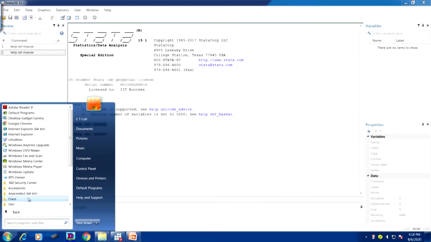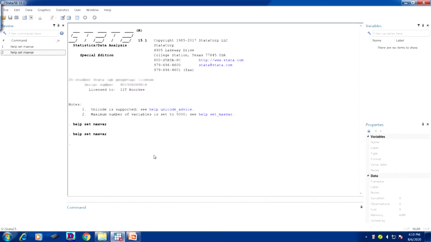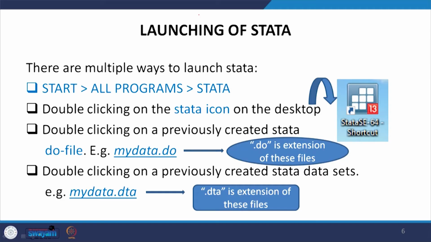Since Stata is in our system, in our computer, it will actually pop up. Any kind of software that is there will automatically come. Now, once you load it, it will come, and we are operating from our system, and let me now move to how to do it. Once you load it, you will certainly get that.